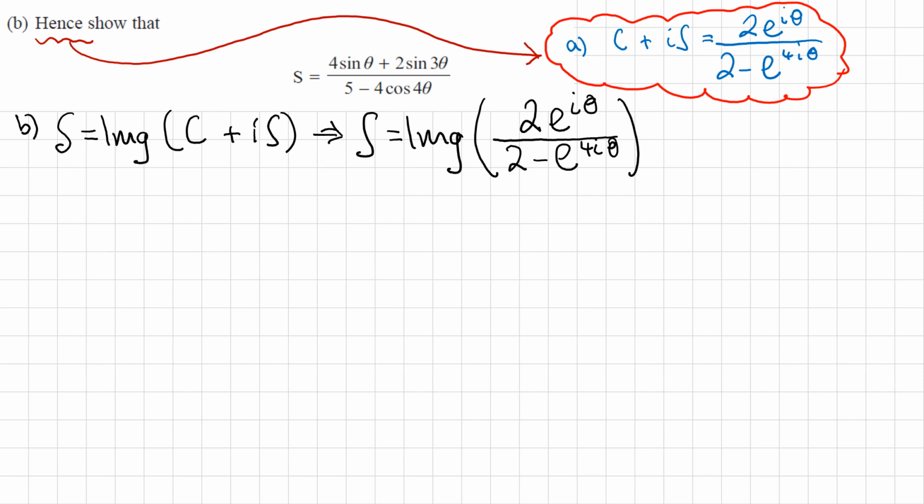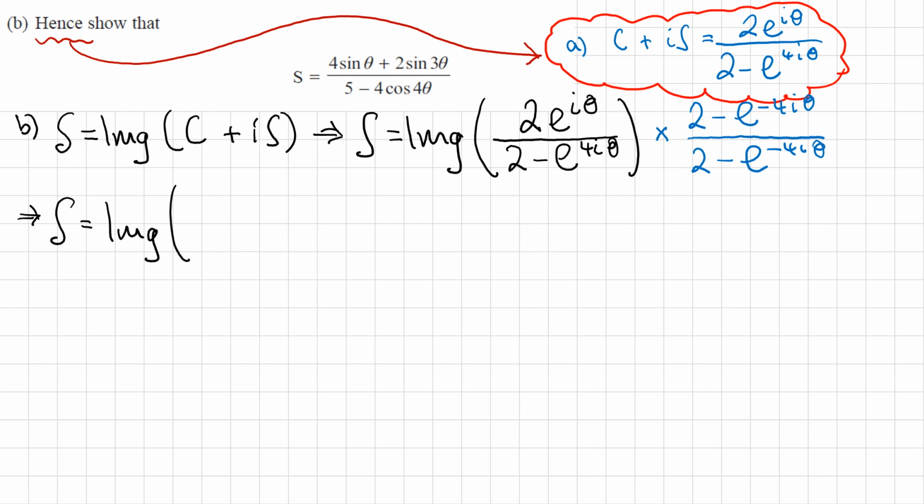A little trick we can use is to multiply the top and the bottom by this denominator, but change the sign of the exponent to negative, because then when we multiply e to the 4i theta and e to the negative 4i theta, they're going to cancel out. So we want to multiply by 2 minus e to the negative 4i theta over 2 minus e to the negative 4i theta. Now if we do that, what we'll get is S is equal to the imaginary part of